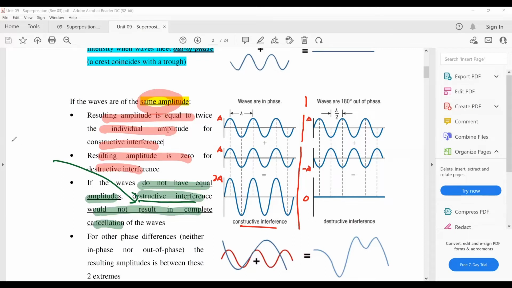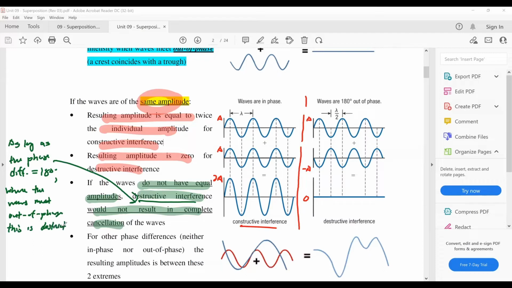As long as the phase difference is equal to 180 degrees, where the waves meet out of phase, this is destructive interference. What defines interference to be destructive is how they meet, the phase relationship. If you see that the phase difference is 180 and the waves meet out of phase, this is confirmed to be destructive interference. So the resulting amplitude